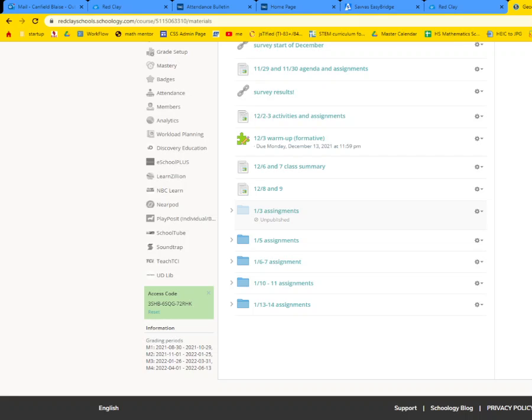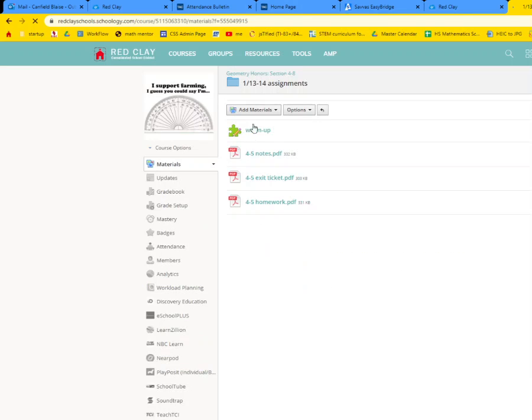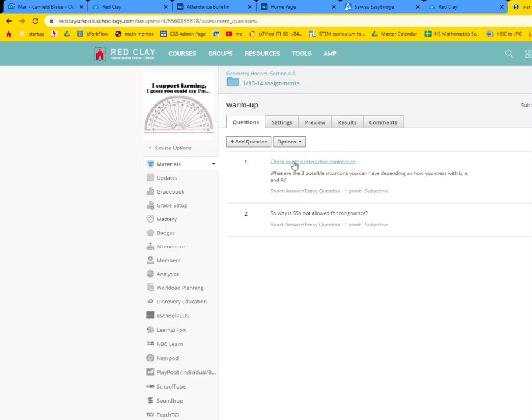Today we're going to be doing chapter 4-5 in geometry. So if you go down to today's Schoology folder, you'll see everything you need is here. You can print stuff out. You can write on your screen if you're using your Chromebook, or take your own notes on your own paper, whatever you need. Today's lesson is pretty short, but we start with a warm-up with an interactive app to use